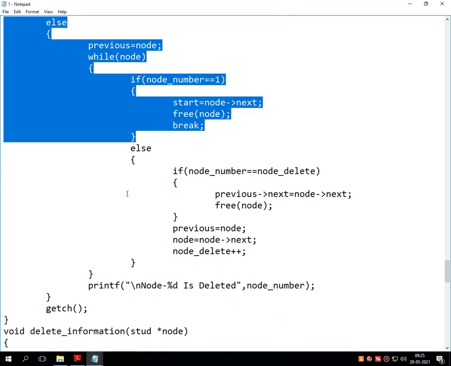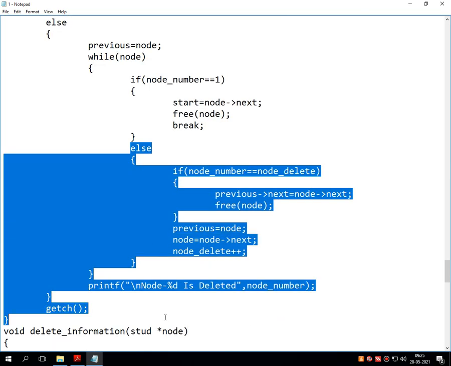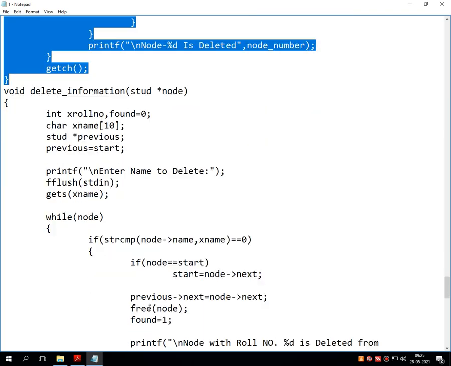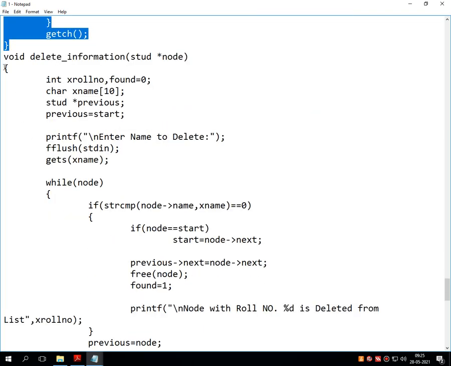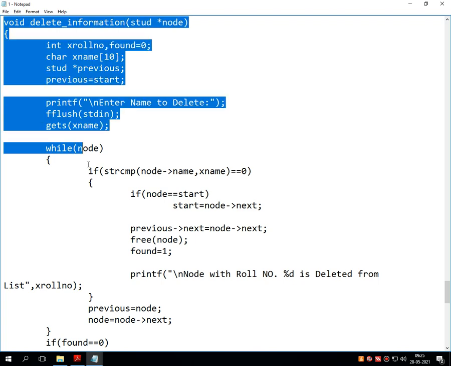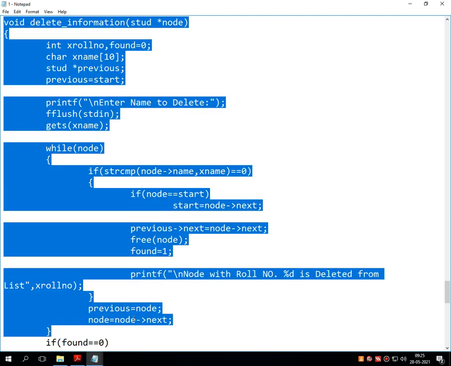Then write down the remaining lines of code. Then go for delete_information up to this closing bracket.